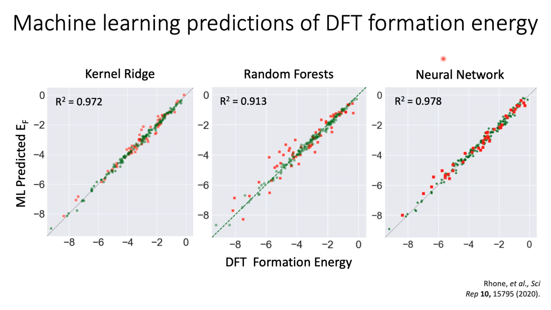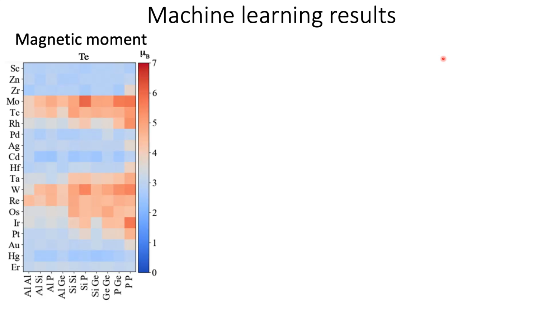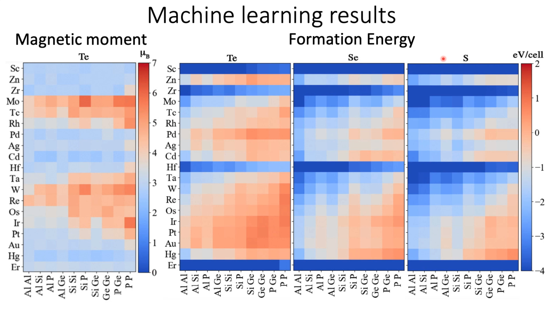Now, it took about half a year to create about 200 or so DFT calculations for these materials. And notice that I told you we had about 10 to the 4 potential candidates. We use machine learning to estimate in milliseconds on a laptop, once we train a model, the properties of thousands of different structures, and I'll show a subset of those predictions here for magnetic moment and